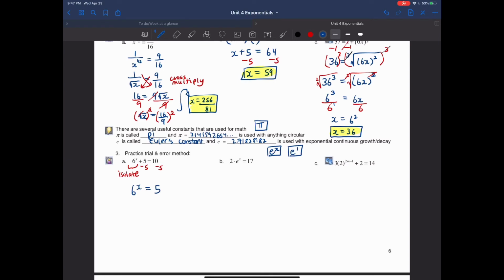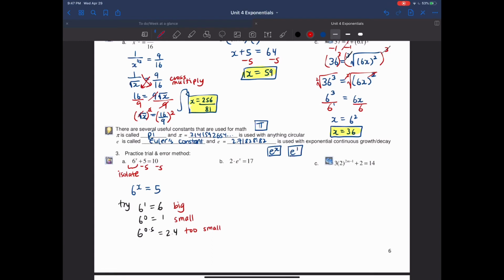And because they told me I'm doing my trial and error method, that means, again, I'm trying some values that might be reasonable. So I'll try 1. And you should be showing your work just so I can see your thinking process and the work behind how you're getting this number. So now, because that number is too big, I'm going to try 0, and I get 1, and that's too small. And you're going to work through it. I mean, there's no right or wrong answer per se, but we should all be getting closer to the estimate that